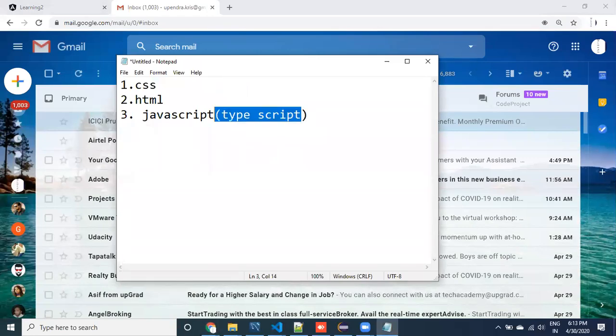TypeScript is an object oriented approach. Of course, TypeScript is object oriented. It is a programming language, and using this we are going to write code. Finally, it is going to convert it into JavaScript only, guys. Writing this approach is very easy. Instead of JavaScript, internally it is going to convert TypeScript into JavaScript.